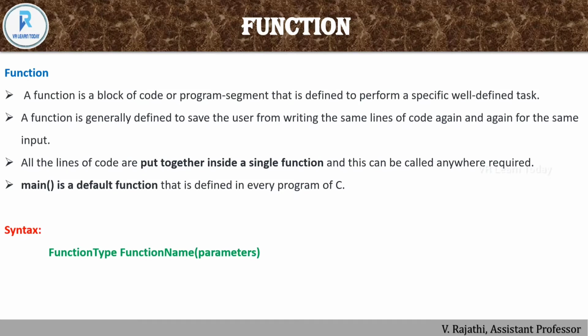So normally a function is used to reduce the program length. In every program the compiler starts from the main function. So as a default we have one function that is called the main function. If we are using a function, it avoids repetition. If you want the code again and again, you need not declare or access it again and again. If you want to put it together in one block, you can call it whenever you need. So that is the main purpose of the function. The function is used to reduce the program length.